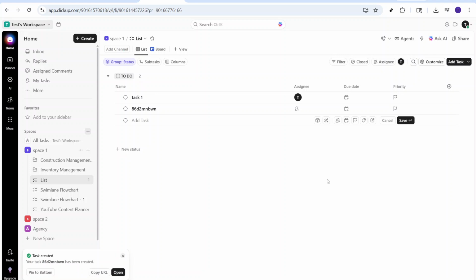Let's start by navigating to the Clickup dashboard. To get there, open your Clickup application and make sure you're logged into your account. Once you're in, take a moment to familiarize yourself with the layout of the dashboard to ensure a smooth experience